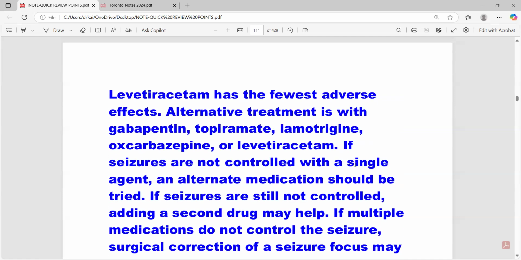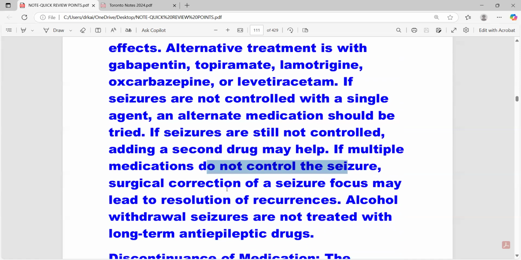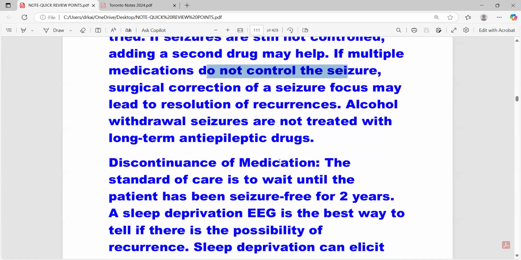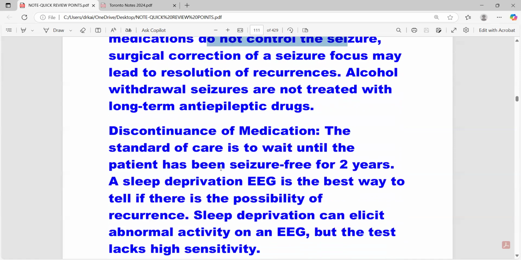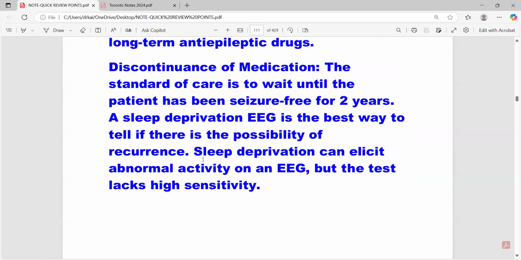If seizures are not controlled with a single agent, we can alter the medication. If multiple medications do not control the seizures, surgical correction can be done. Alcohol withdrawal seizures are not treated with any kind of anti-epileptic drug. For alcohol withdrawal, there are alcohol programs, so we just refer the patient to alcohol programs, just for your knowledge. For discontinuation of the medication, the standard of care is to wait until the patient has been seizure free for 2 years. A sleep deprivation EEG is the best way to tell if there is a possibility of recurrence. Sleep deprivation can elicit the abnormal